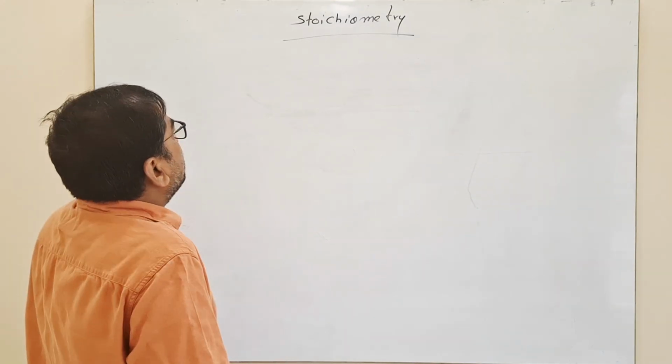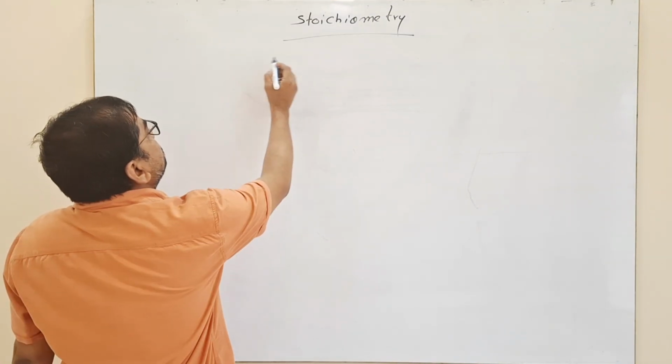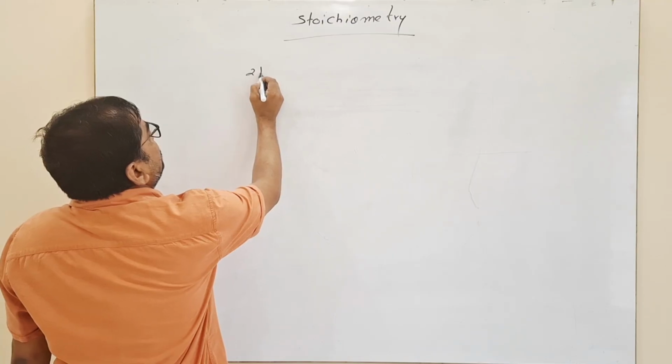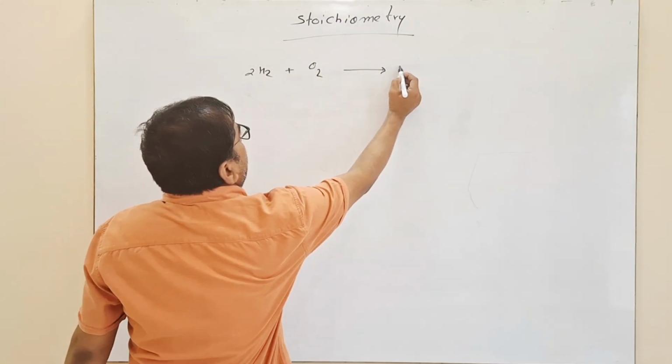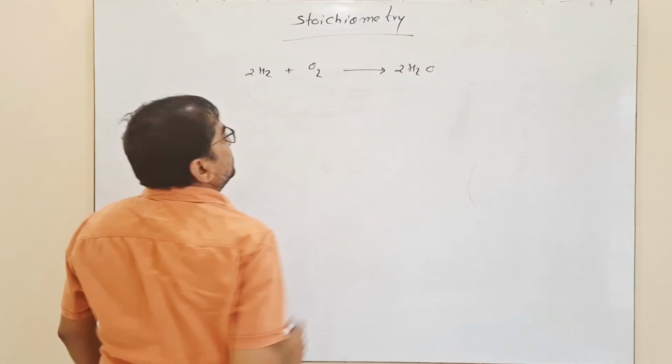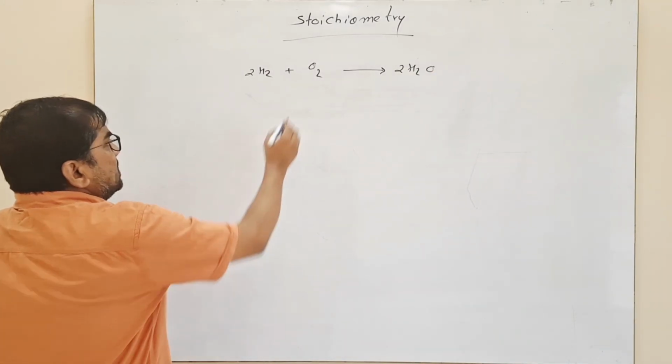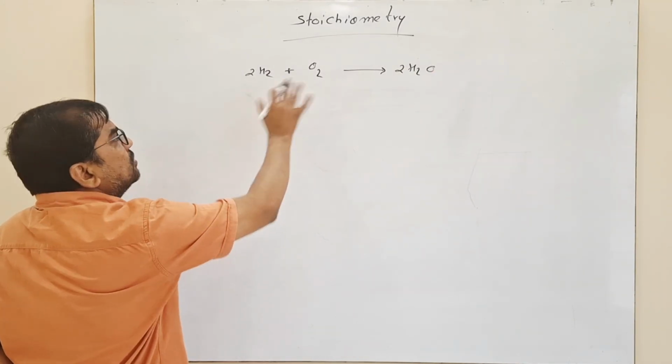Stoichiometry. Let's see one real example, like the formation of water: 2H2 plus O2. Formation of water takes place. Here in this balanced chemical equation,